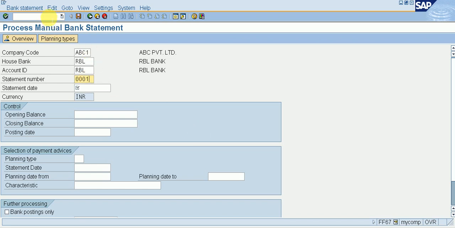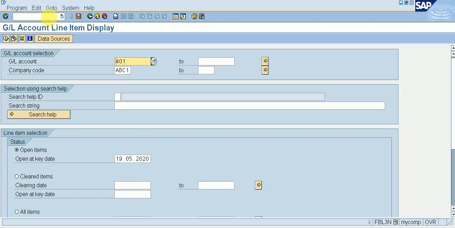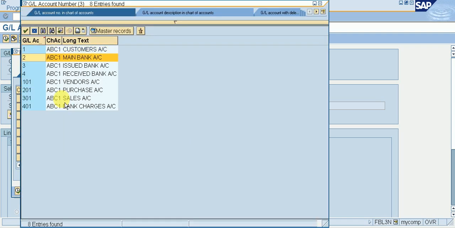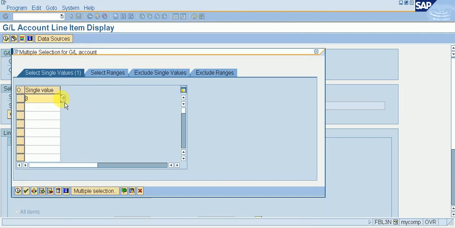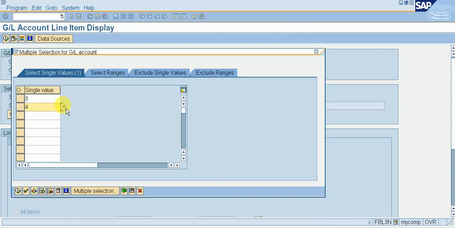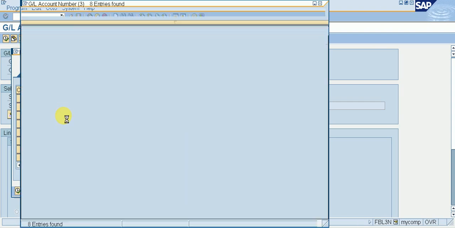Before that we need to check our opening and closing balance. Then go to /O FBL3N for GL account, GL account line item display. So I am selecting here my accounts: issued bank, received bank, and bank charges.